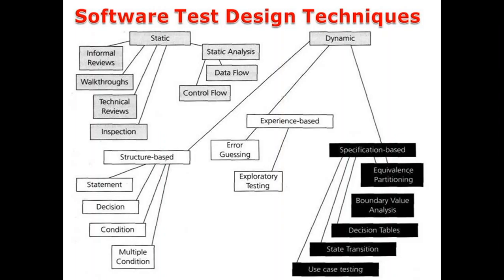Then you have the dynamic. As I said, dynamic is mostly action based. So what you're going to actually test, what you're going to do with your test cases. Your dynamic testing, you can divide into three major divisions. First one, starting with your specification based, I would go from the right hand side, because that is your black box testing based. So what is black box testing? I would brief it. Specification based is something with your black box testing. Under that you have your equivalence partitioning, boundary value analysis, decision tables, state transition and your use case testing.